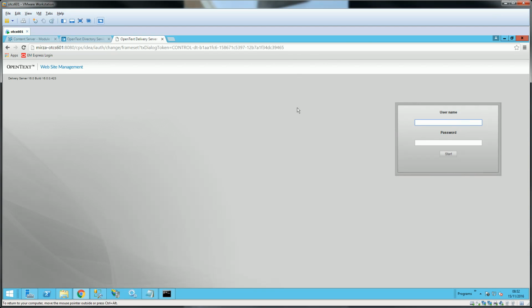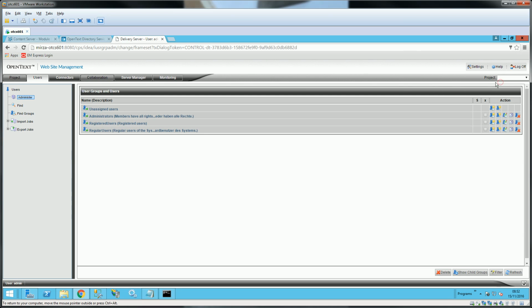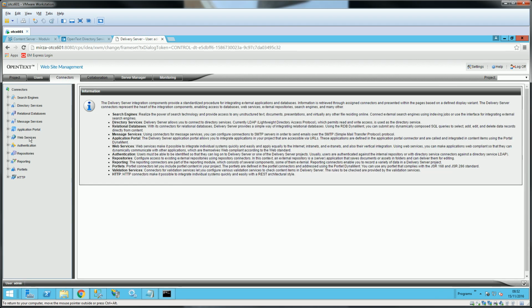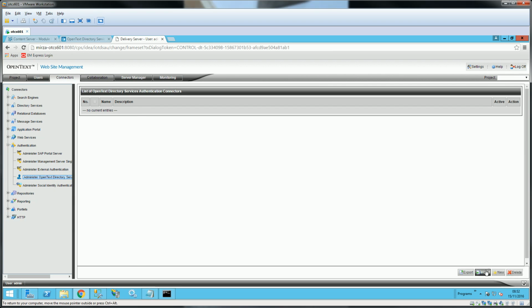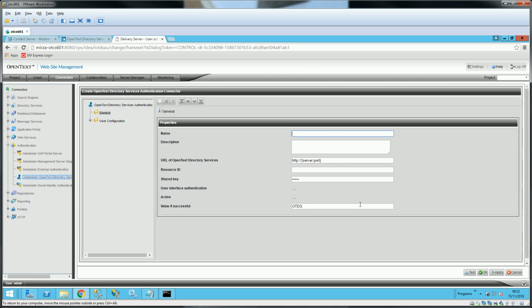We'll go to the delivery server page here and call the URL. It's already loaded, so we just go to admin and the admin username, and here you go. So this is logged in. We go to connector, and in the connector we're going to go to authentication, and in the authentication we're going to go to the OpenText Directory Services. We'll see if there's any pre-assigned plugin, but there's no pre-assigned sample. So we go and create new, and we'll say OTDS,